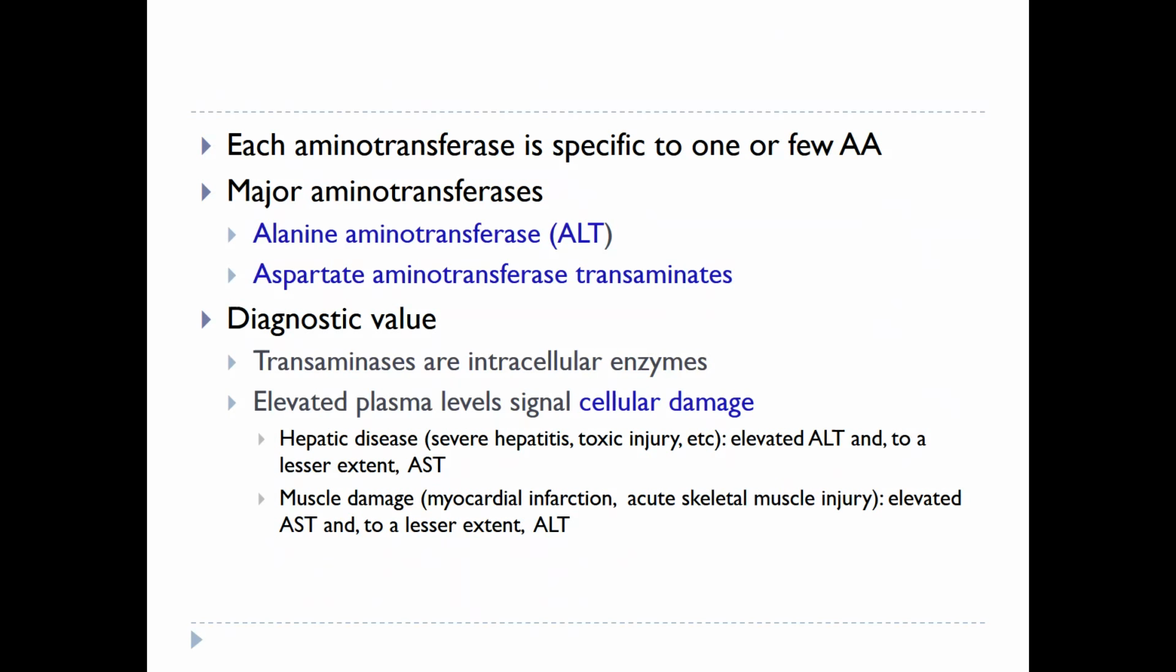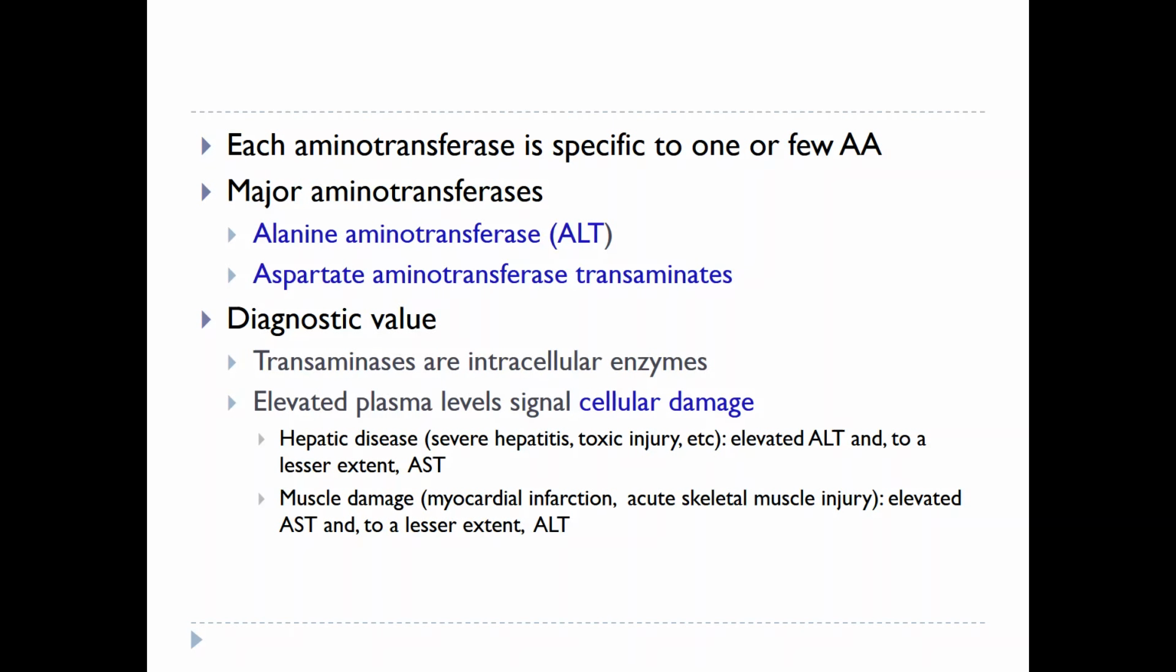We have seen before that aminotransferases are intracellular enzymes that mediate the transfer of an amino group from one amino acid to a keto acid. Given the fact that they are intracellular enzymes, usually elevated plasmatic levels of either one of these transaminases signals cellular damage. They have diagnostic values and they usually signify a problem in a hepatic disease, either severe viral hepatitis or